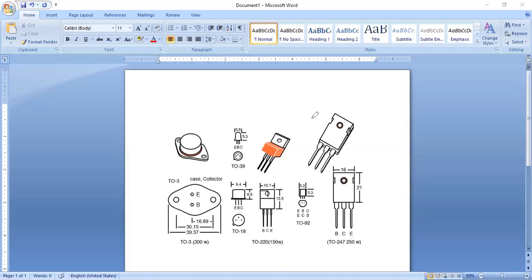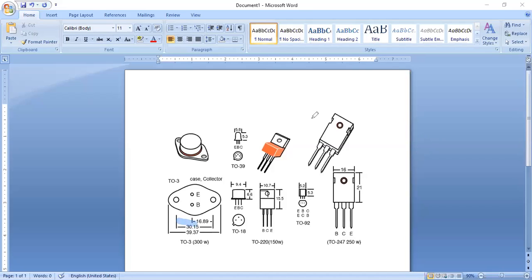Now, the different types of packages of the transistors. Already we have gone through some packages here: TO3, TO39, TO18, TO220. One is left, the TO92.